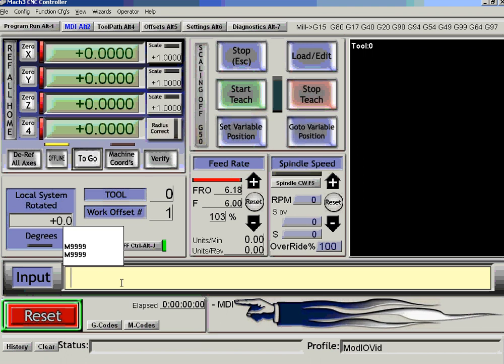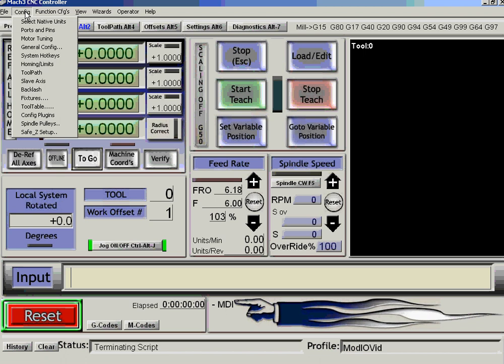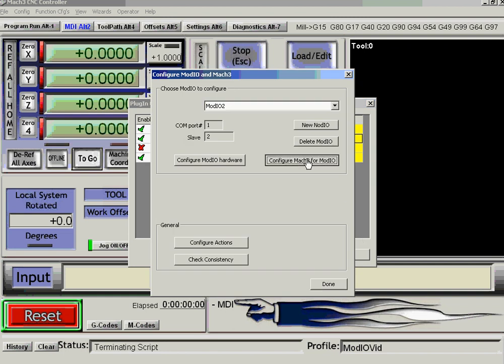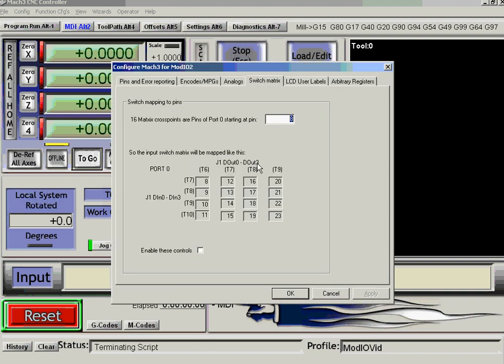Right, so the final thing that we want to look at now is configuring the key matrix and the MPGs. Let's look at the key matrix first. So you remember I've got the push button switch connected in column 2, row 2 of the second mod IO. So if we can configure the second mod IO and go to the switch matrix,